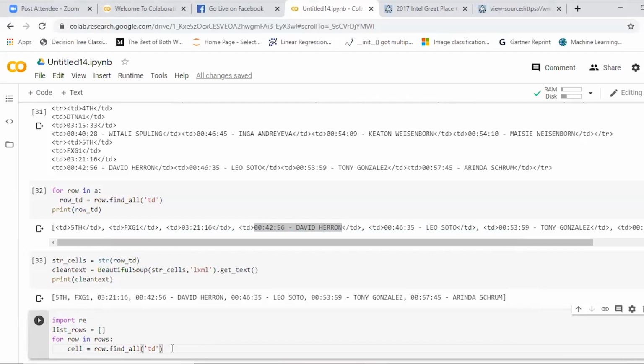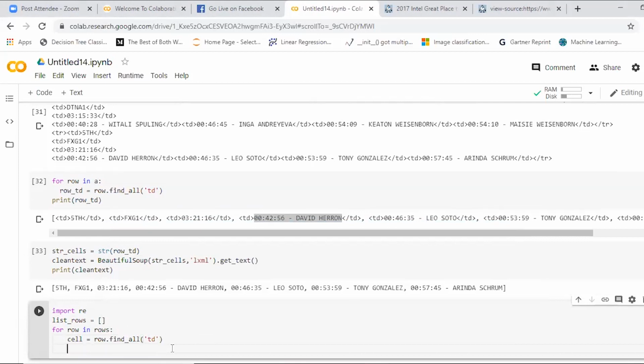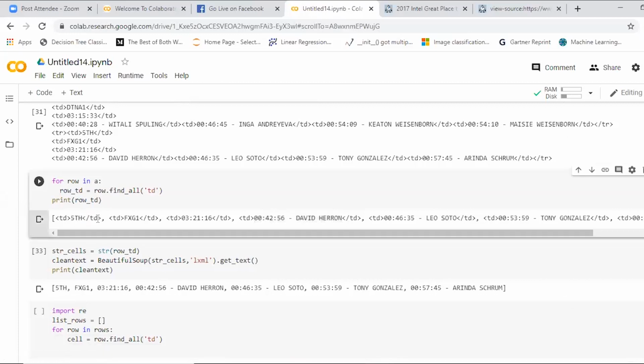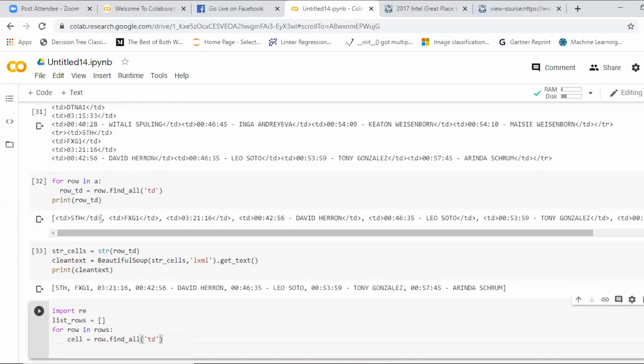Cell is equal to TD, because our concern is to clean the entire data by removing whatever tags are present. So I give all the combinations. I make the angular braces because we are having the angular braces, right? Less than and greater than symbols for TD, TR, TH. Can you see the top one? So we'll remove all those things with the help of regular expressions.